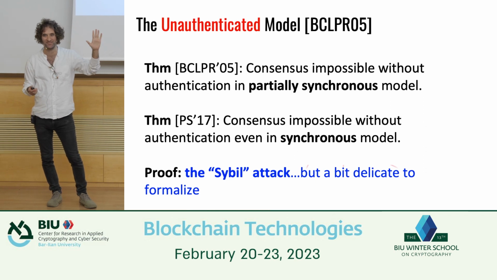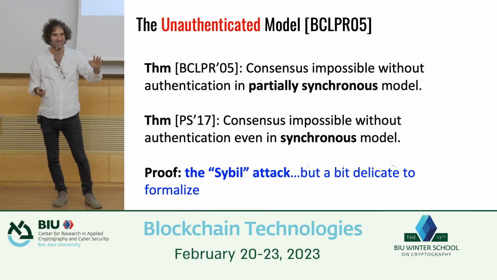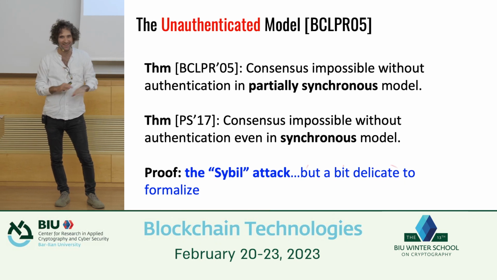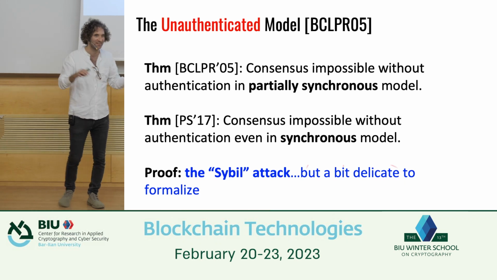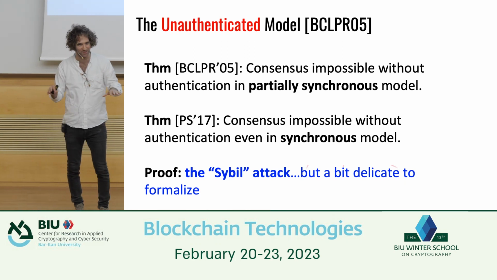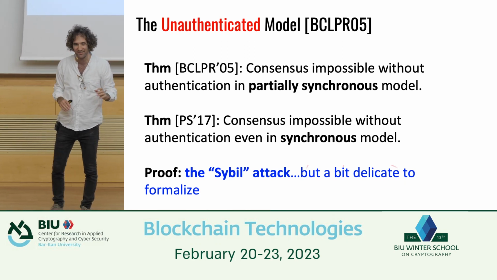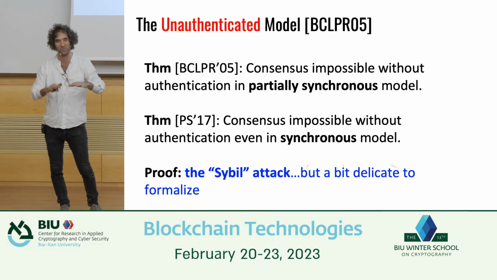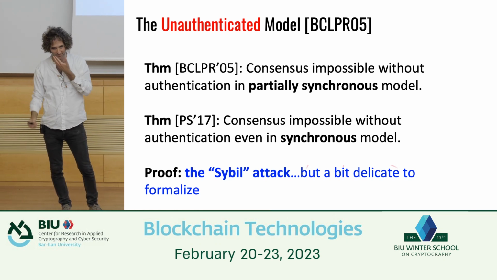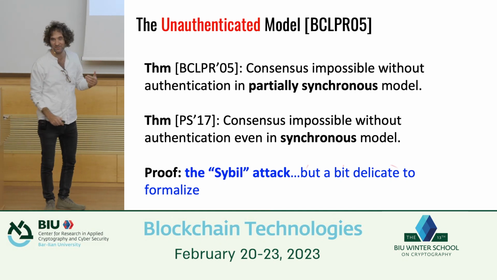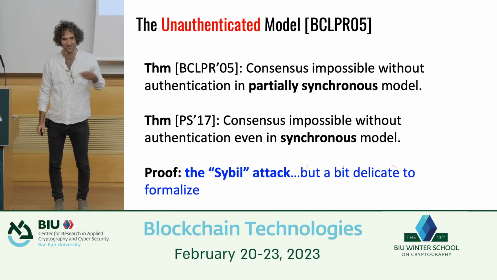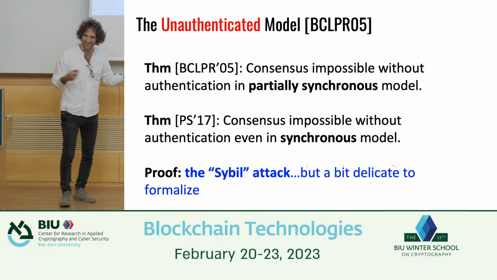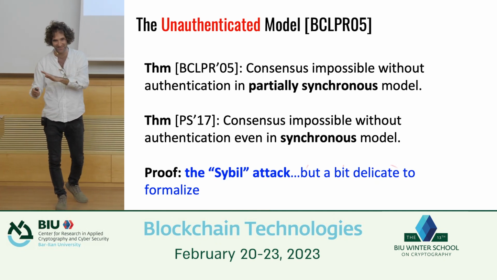Already on page 1 in the intro, we said, look, we have to give up on consensus, because without any authentication, it's really impossible to get any type of agreement. So it was a very simple impossibility. And then let's move on trying to see if we can achieve cryptography without agreement. So that was really being on the wrong side of history, because only a few years later, Nakamoto actually managed to achieve consensus in this model, but we'll get to that later.